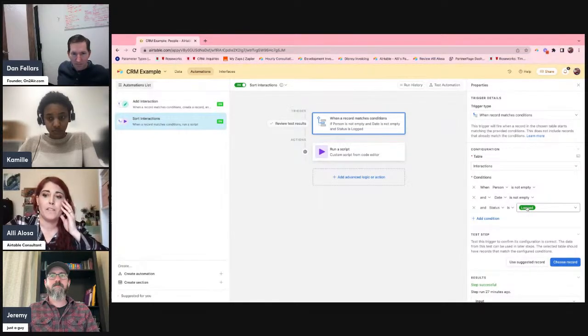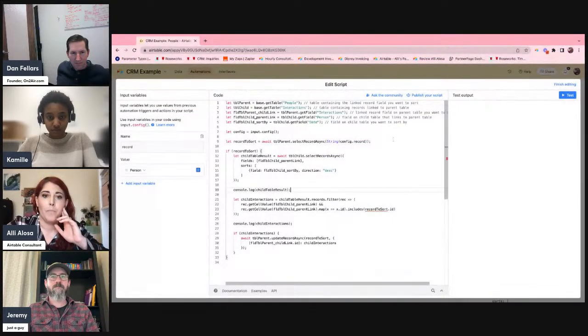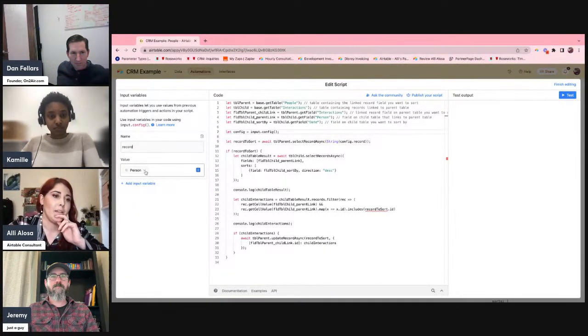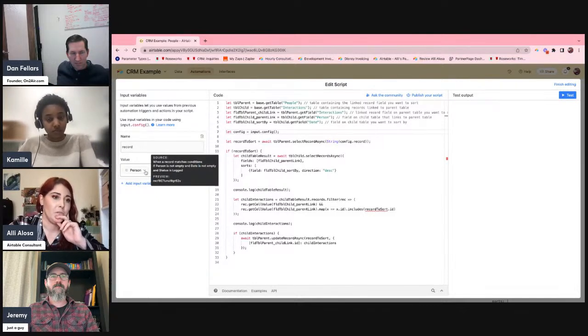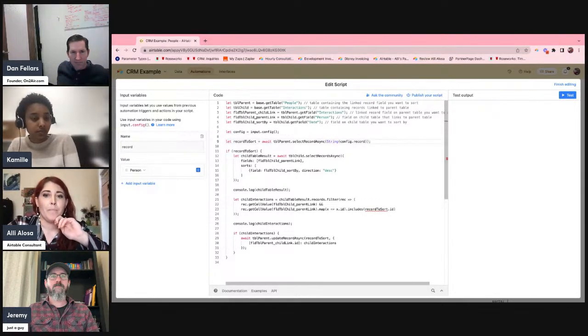So I've flipped it so that I need to also put in a status of logged for that interaction in order for it to trigger everything off. And I'd manually do that after I know I've entered everything in for the automation. Don't have to worry about this if it's coming from a form. But if you are doing manual entry, then I would do it that way. And so the only difference here is that I'm grabbing that linked record of the person the interaction is linked to instead of the actual interaction record itself. If that makes sense. I know we're over time, but.